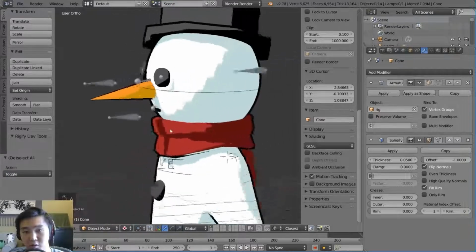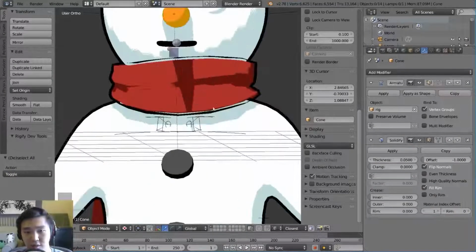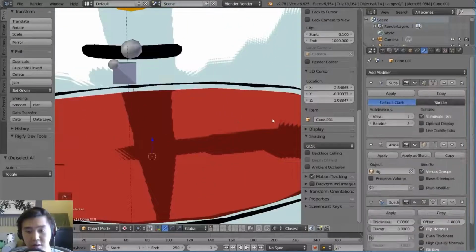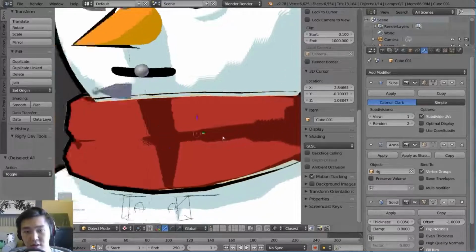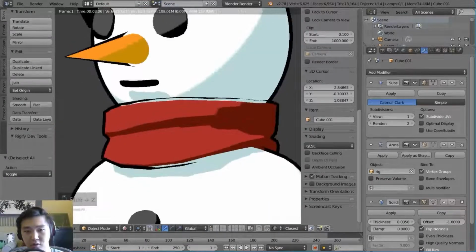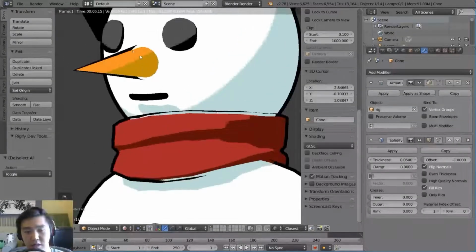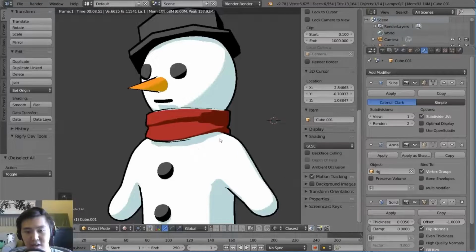Perfect. Cool. So one thing you'll notice that is an issue is there's a bit of clipping. So the clipping issues here, as you can see, no matter what you do, the geometry is going to be clipping with the other geometry. Same thing with the nose here. The geometry clips with that geometry, this clips with that, and you can see it, and it looks kind of ugly.